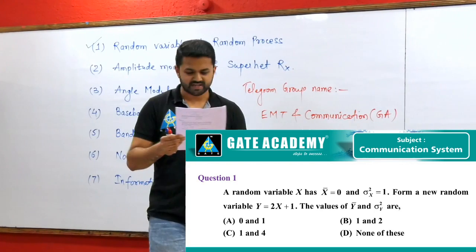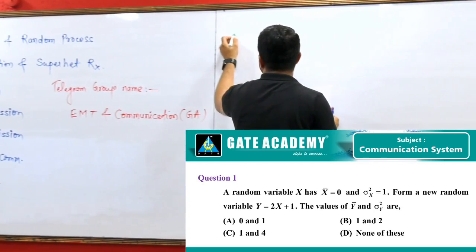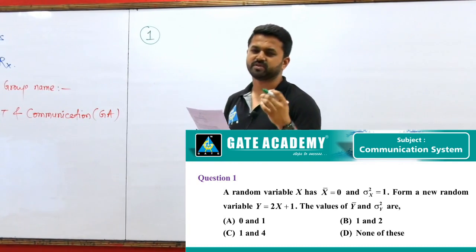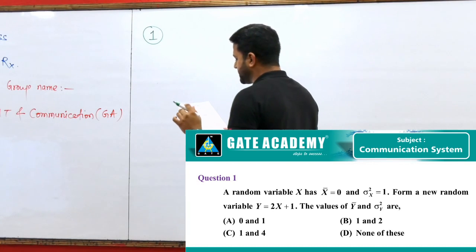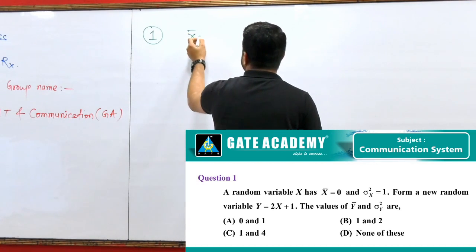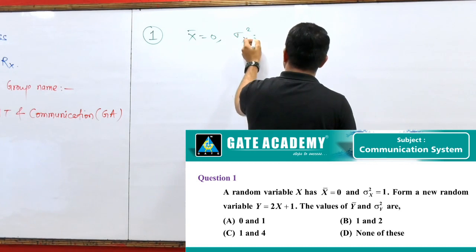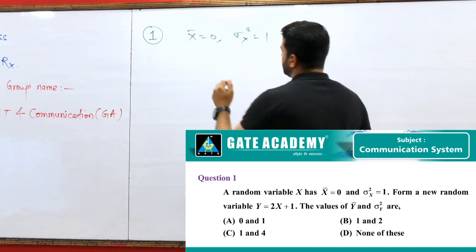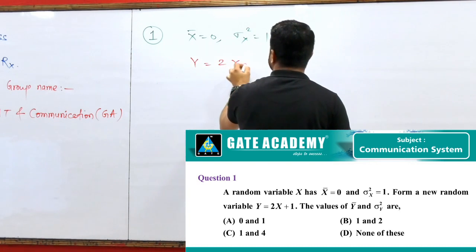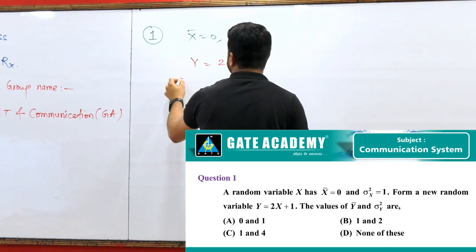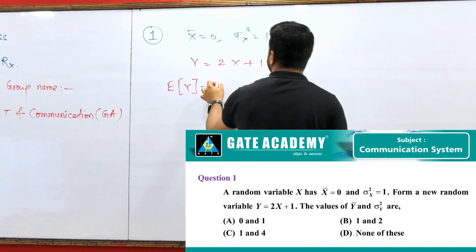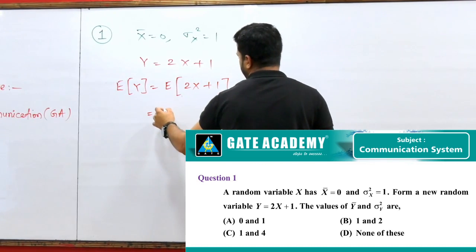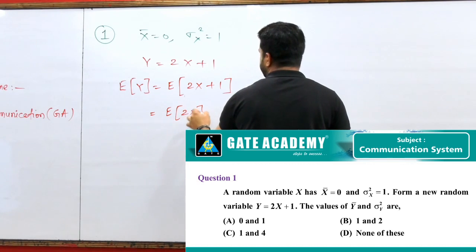Okay, so let's solve this question. That is a very basic question. As I told you, today we are going to solve some basic questions from the random variable and random process. And the first question that we have: the mean is given as 0 and the variance is 1. So for a random variable y is equal to 2x plus 1, if you want to calculate the mean, that is expected value of y is equal to expected value of 2x plus 1, and it can also be written as expected value of 2x plus expected value